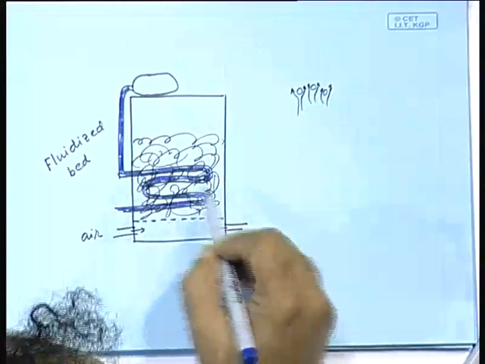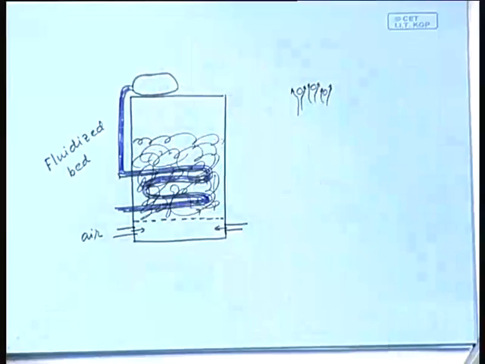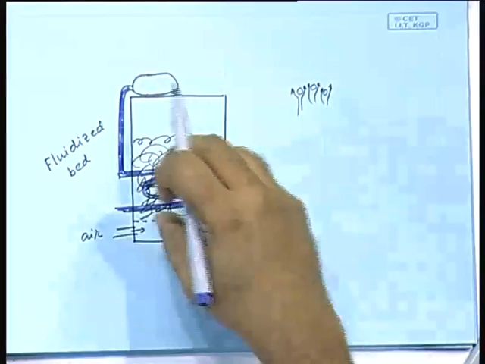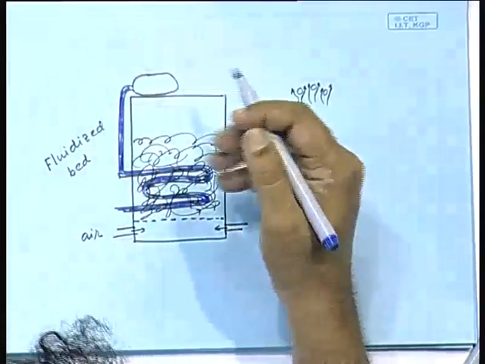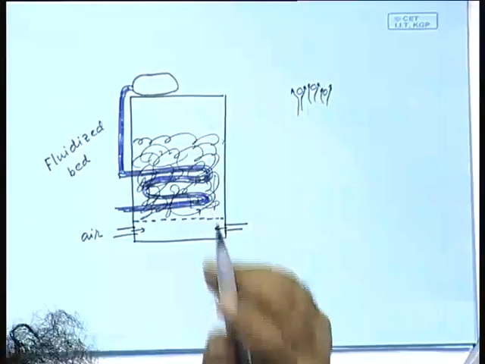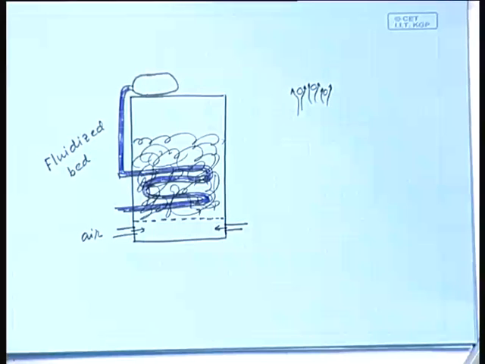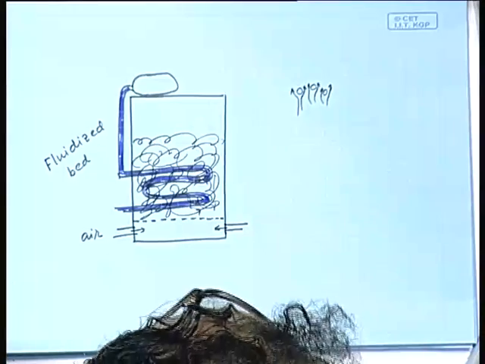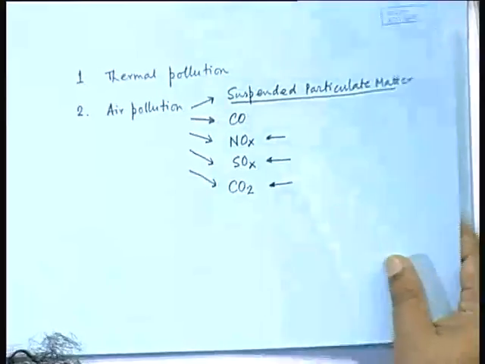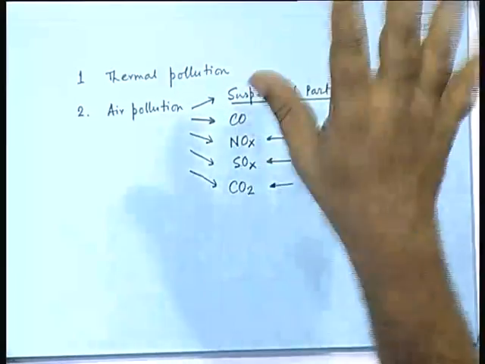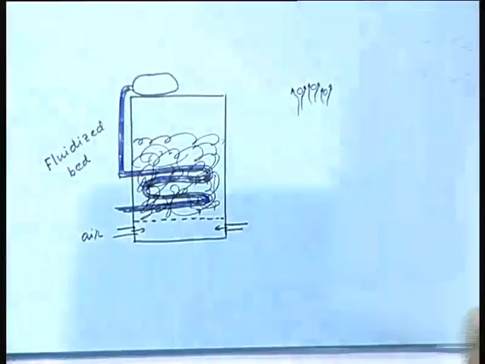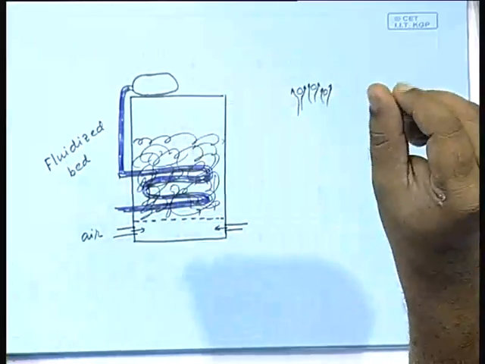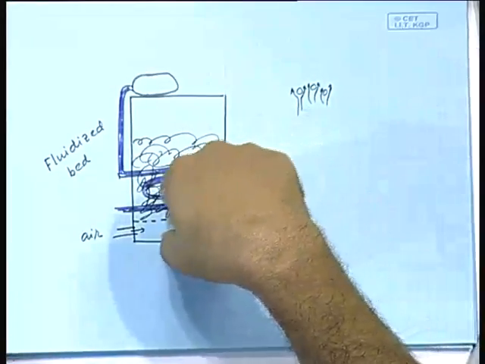So you can have a fluidized bed boiler in which the same effect is there. You do the boiling, but at the same time the advantage is that the NOx production is almost arrested. If there is any amount of SOx production, that means you do have some bit of sulfur, then that can also be arrested. How? Simply by mixing a bit of limestone along with the coal.